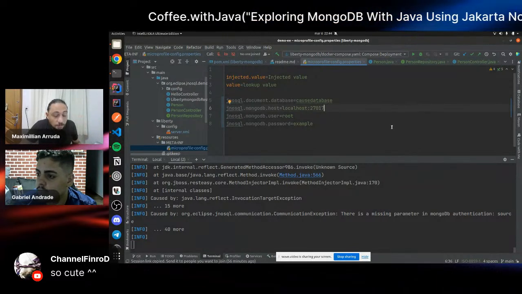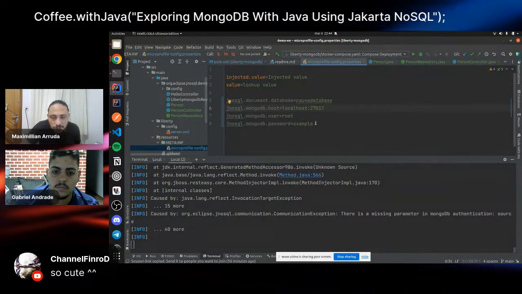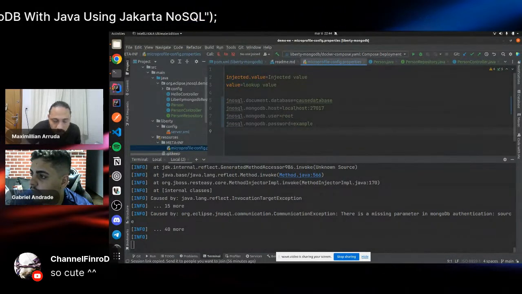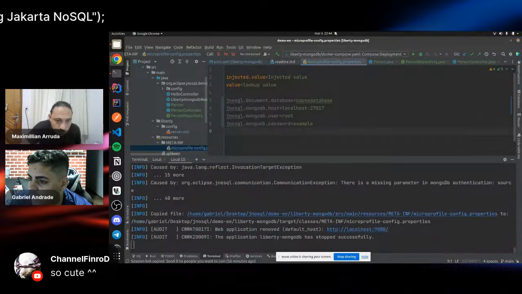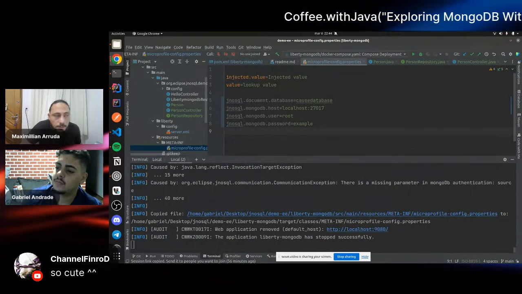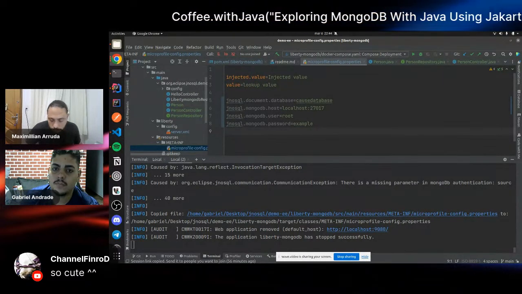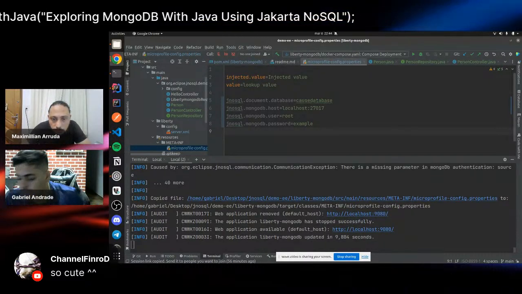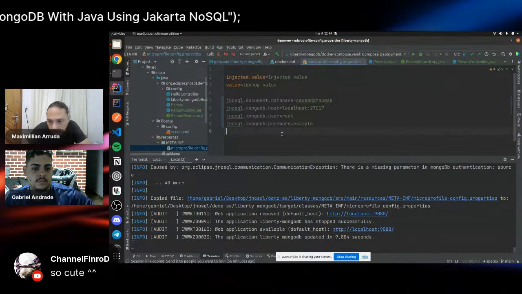You need to define the authentication source. Do you have it? Yes, I have, because it's the way MongoDB allows you to authenticate. So you could add this one in your configuration.